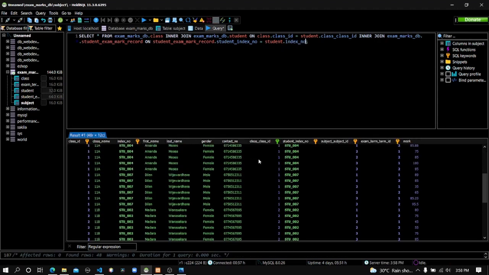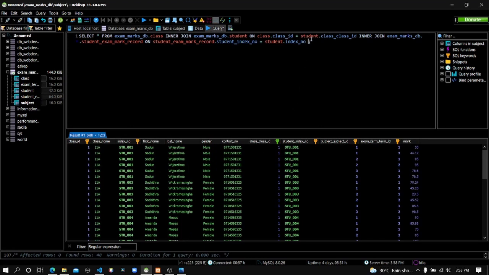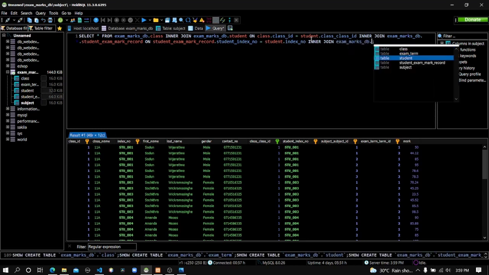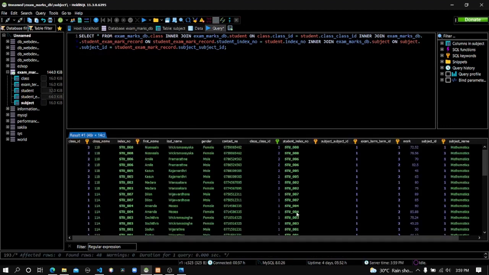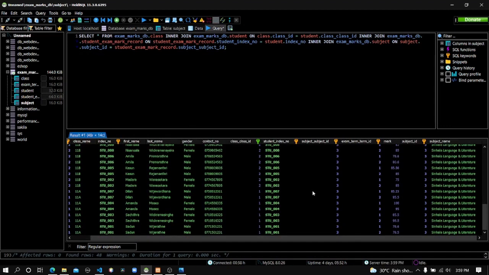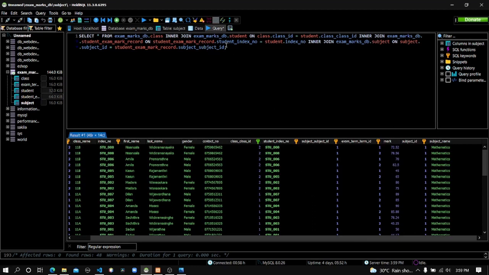Here we combine all 3 tables together, and here's the last one, inner join. I'm joining the subject table. So exam mark DB subject on the subject ID in subject table should equal the subject ID in student exam mark record table. That's the connection, and let's execute this one. Here we combine the subject table too. Okay, here are the 4 tables. Now we can